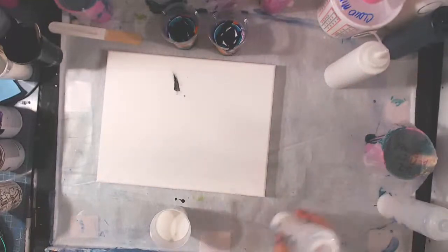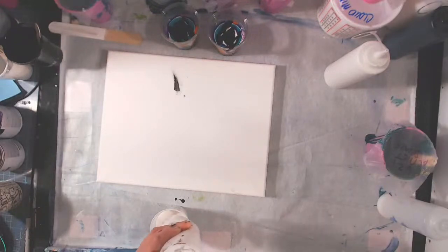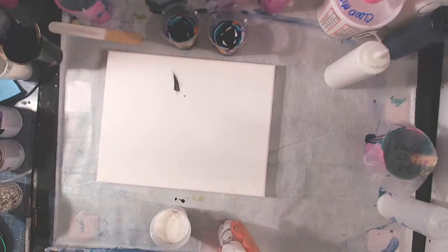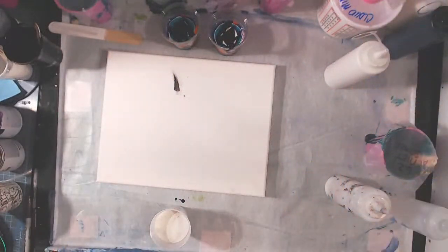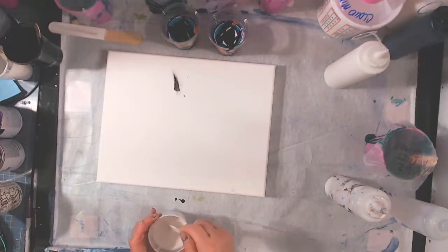Here we go. I'm going to add some Floetrol and water. Just a little bit. Just to make it flow a little bit better. It's not going to do anything to the paint. And I'm going to get its own stick. These are dry. They're dirty, but they're dry. And I'll use the...